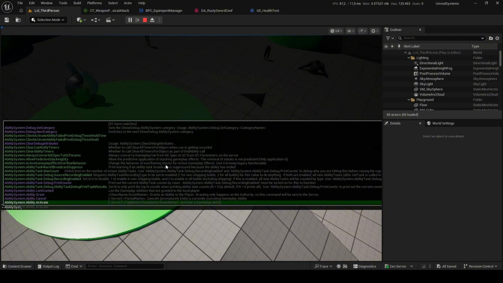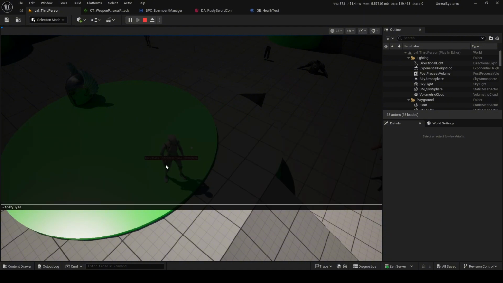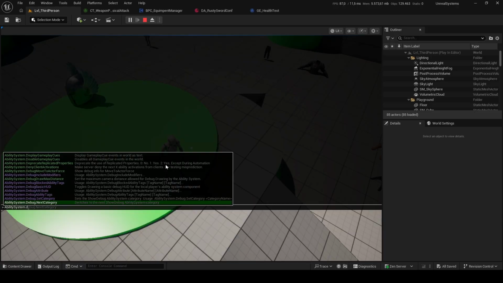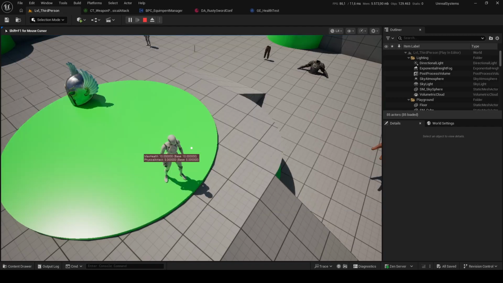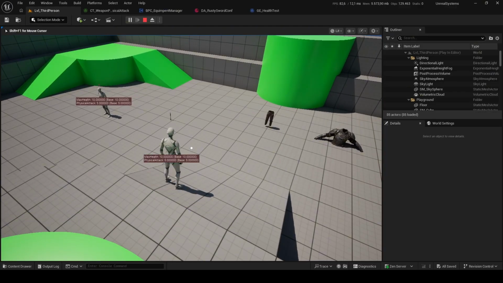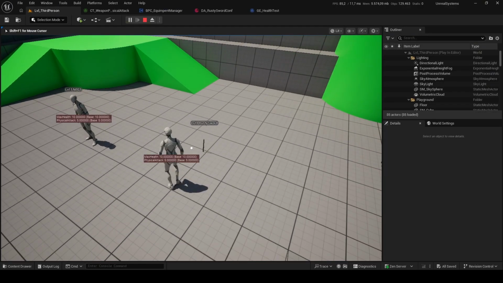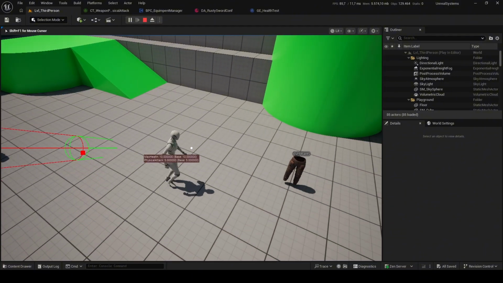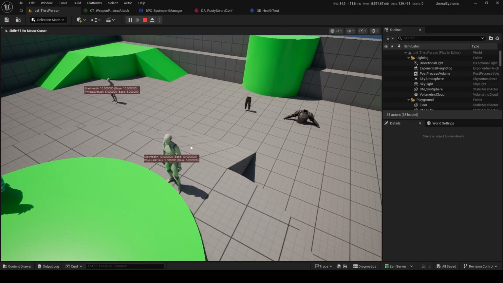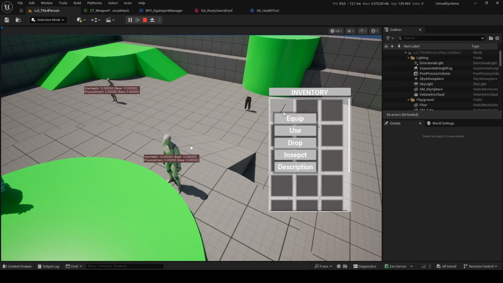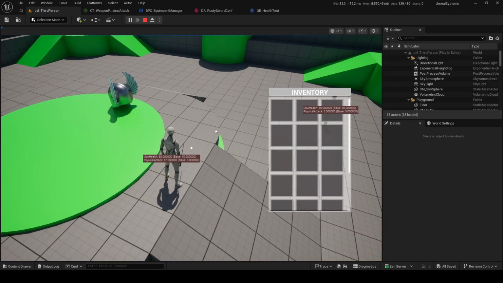And now if I play my physical attack, let me open ability system debug attribute physical attack. So I have like 5 points in physical attack. If I pick up the rusty sword, it should give me 50 max health and a base value of 10, multiplying it by 1.2. So if I equip, it goes 17,